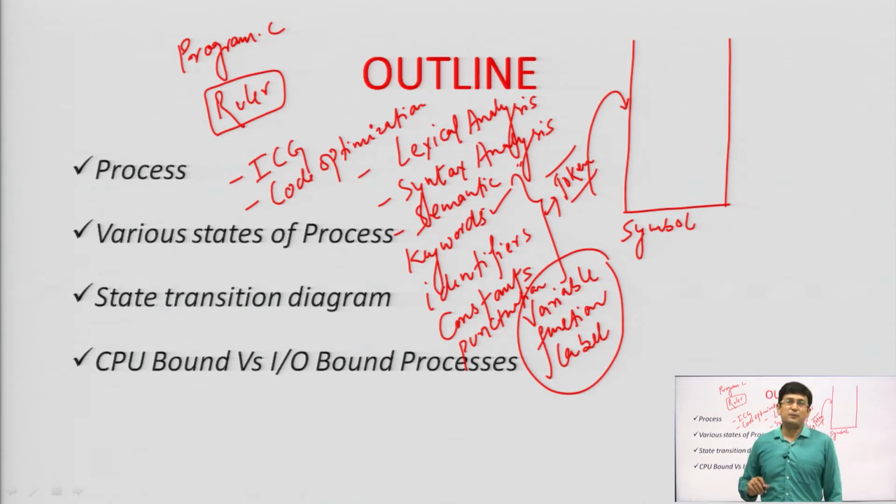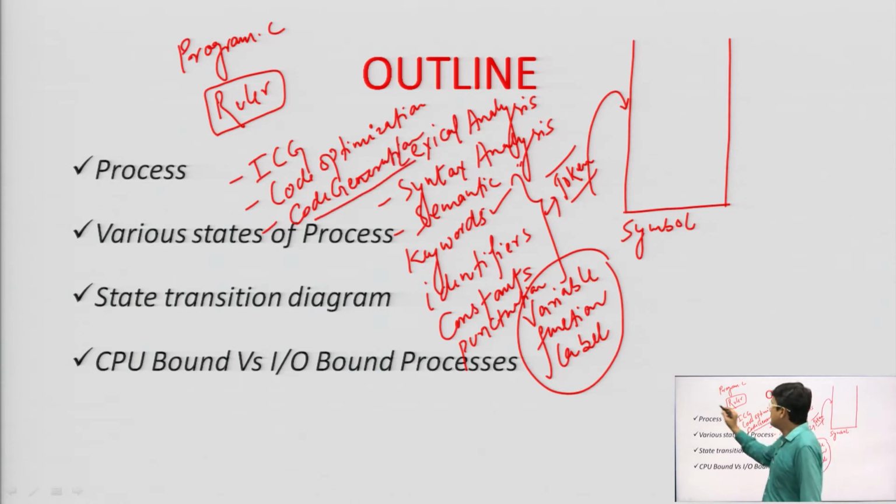The effort of the program execution can be reduced by some defined rules. So, if some of the lines or instructions can be reduced, or the number of executions of some of the instructions can be reduced, that is also done by the compiler in the phase of code optimization. And finally, we obtain a code in the code generation phase. So, what is the code generation phase? The code generation phase finally generates the assembly language code required.